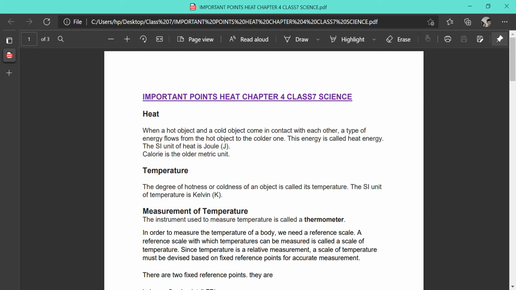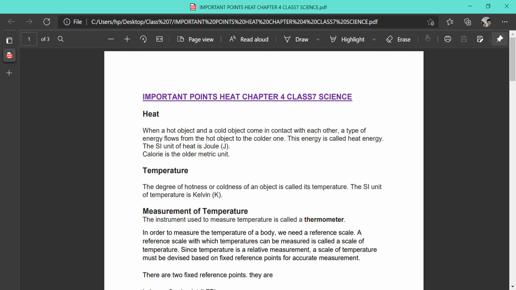We prefer to wear light colored clothes during the hot summer season, because light colored clothes reflect the heat of the sun. In winter we feel cold inside the house, and if we come out of the house and stand under the sun, we will feel hot. So how do we know whether an object is hot or cold? How do you find out how hot or cold an object is? In this chapter we are going to read all about this.